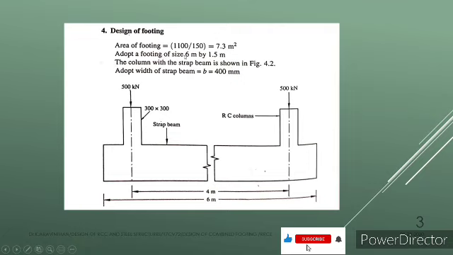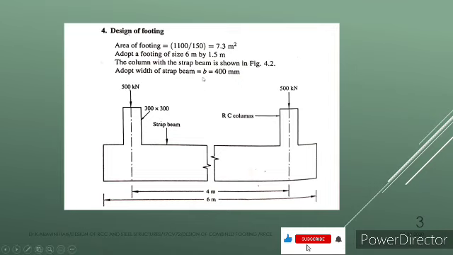Adopt a footing size of 6 by 1.5, that is overall length as 6 meter, in width direction as 1.5 meter. So 6 into 1.5 will be 9 meter square. So the area required here is 7.3 meter square, and the area we have provided is 9 meter square. Also here adopt